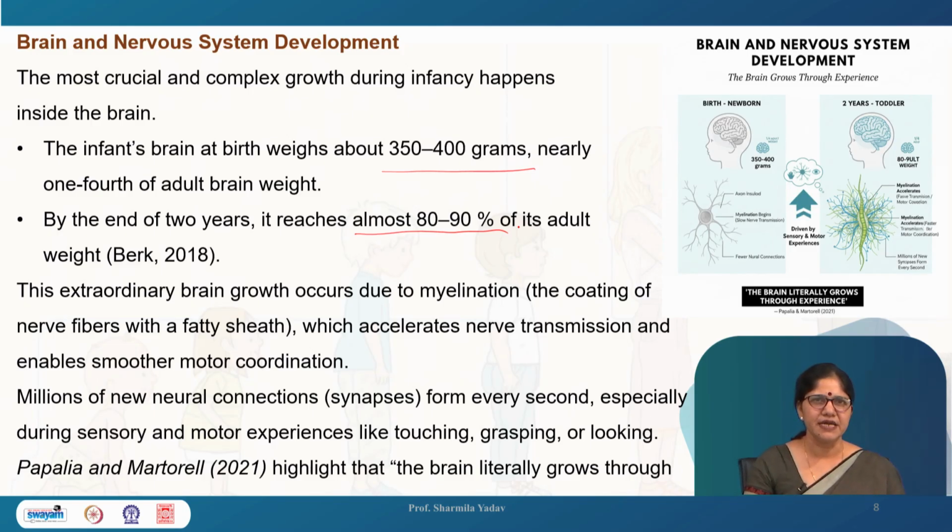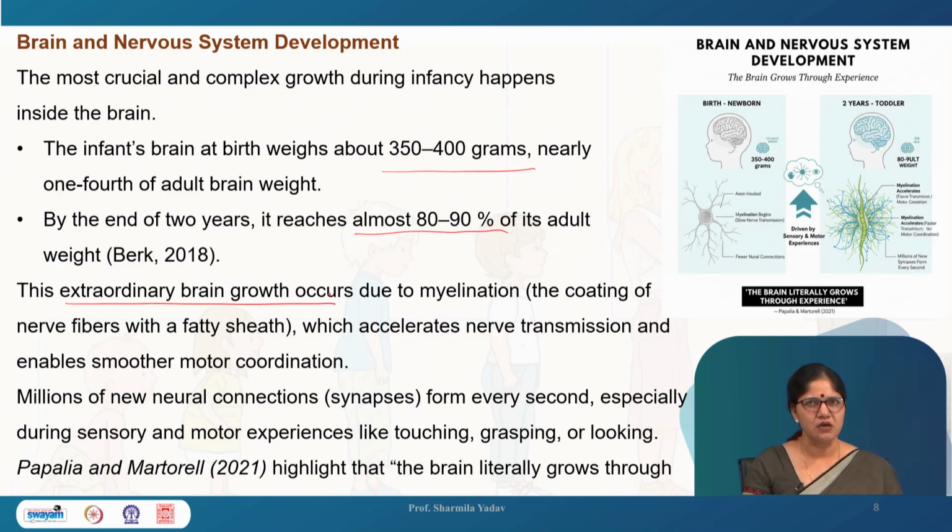Burke 2018. This extraordinary brain growth occurs due to myelination, the coating of nerve fibers with a fatty sheath, which accelerates nerve transmission and enables smoother motor coordination. Millions of new neural connections, we call them synapses, form every second, and especially during sensory and motor experiences like